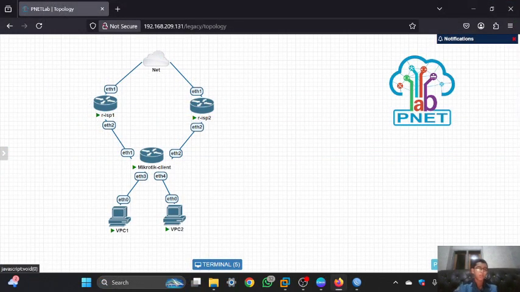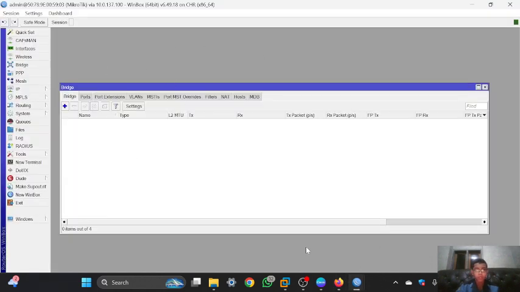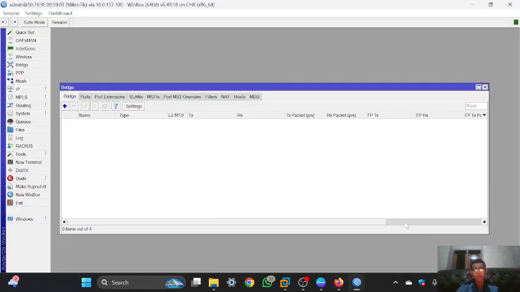And now I will try to ping to the internet from the VPC1 and VPC2, and you can go to Winbox, and I will use the bridge to connect the VPC1 and VPC2 to the MikroTik client, and I want VPC1 and VPC2 to have the same IP network.